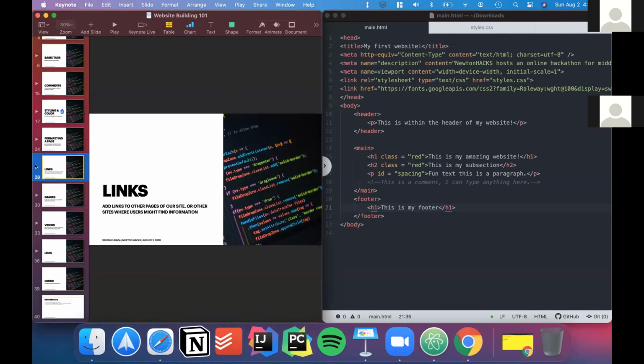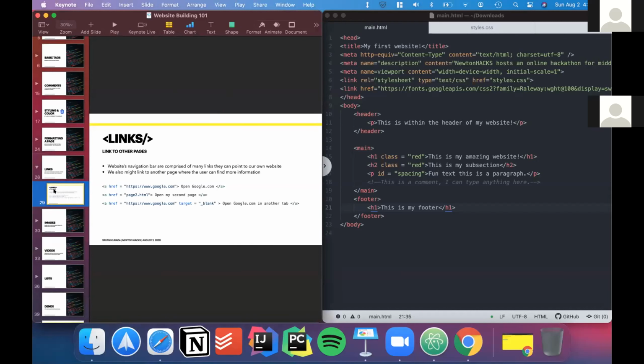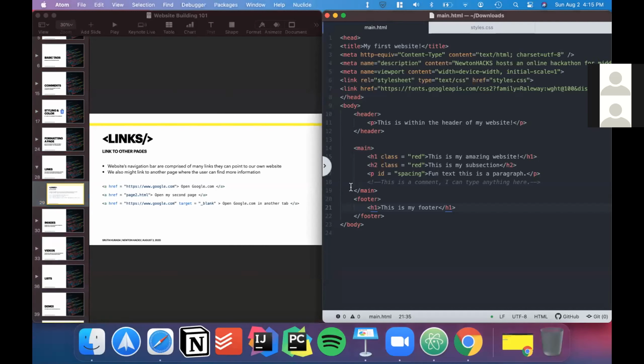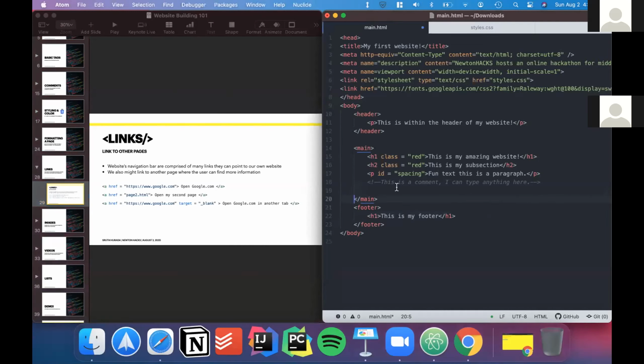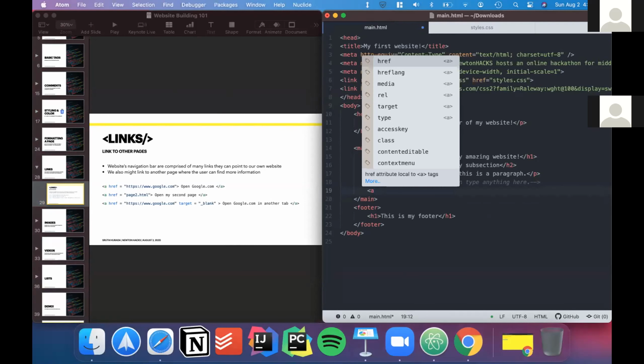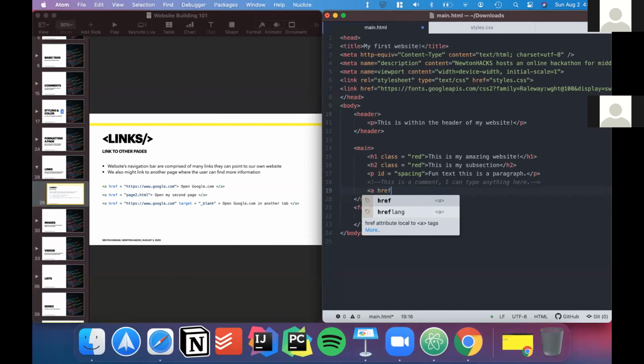So yes, adding links is really useful for spicing up your site, putting in more information. How you add a link to a website is through the a href tag. How you use this tag is you type A, and then href helps you point to a site. So this site could either be